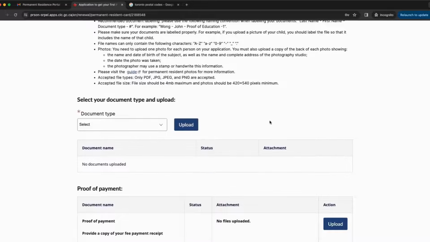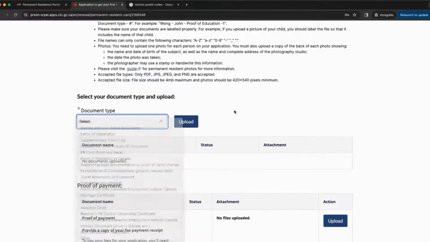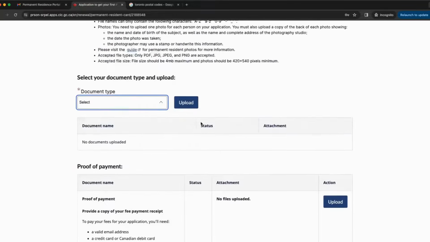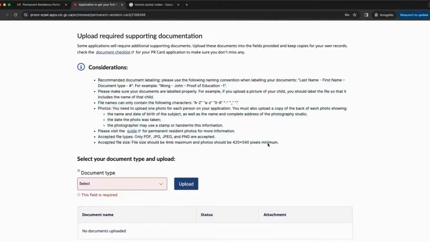After that comes an interesting one right here, right? So you have to upload a bunch of documents. These are important ones, right? So take time and go through that. And another important thing to follow is there are some recommendations for the file names that the IRCC wants you to use. So they want you to use, let's say every file name should have your last name, your first name, and what file that is, and maybe a dash and some other number, right? So if this is, let's say, passport, I would put